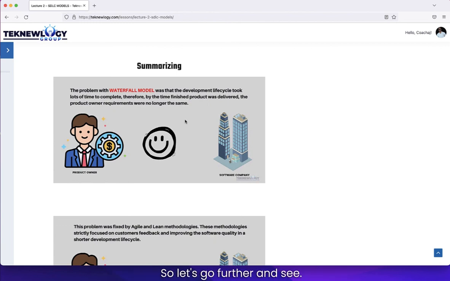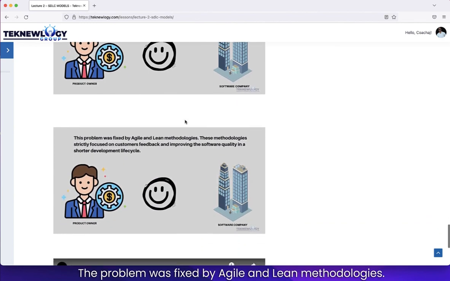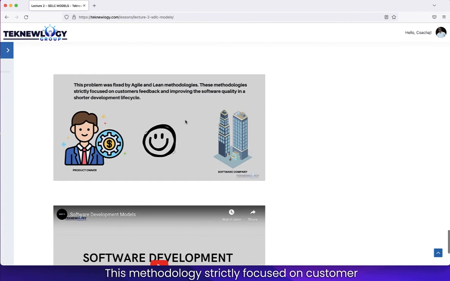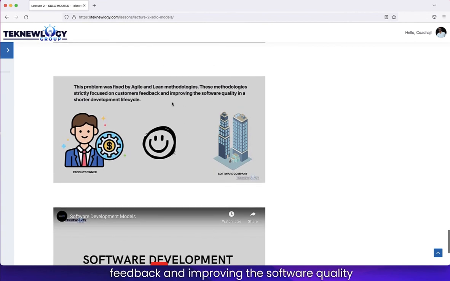So let's go further and say the problem faced by agile and lean methodologies. These methodologies strictly focus on customer feedback and improving the software quality in a shorter development lifecycle. So basically, all the problems that the development companies faced during waterfall were faced by agile and lean methodology. So these are the models of